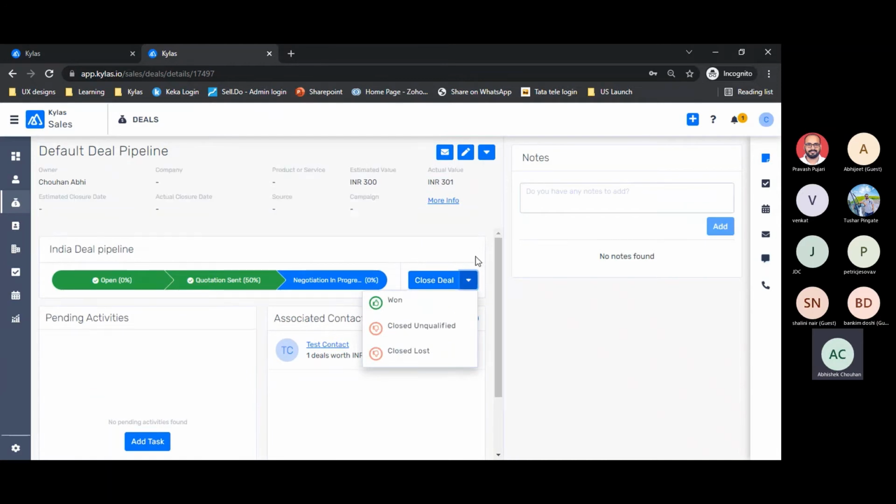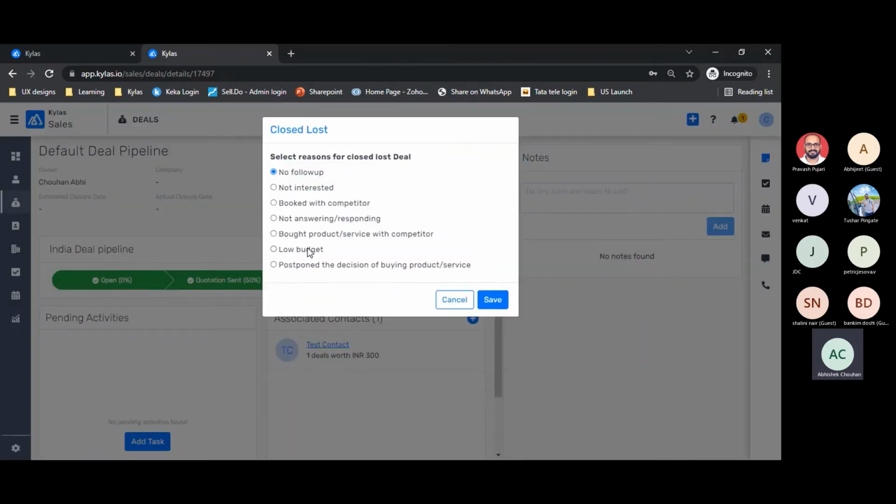So sometimes it happens, based on our negotiation or in any stage during the sales, that people do not go ahead, right? Because of, let's say, budget concerns or some conditions not matching with them. So there are scenarios when even if a lead has been converted into a deal, that deal is not closed as won. In that case, the deals are also closed as lost.